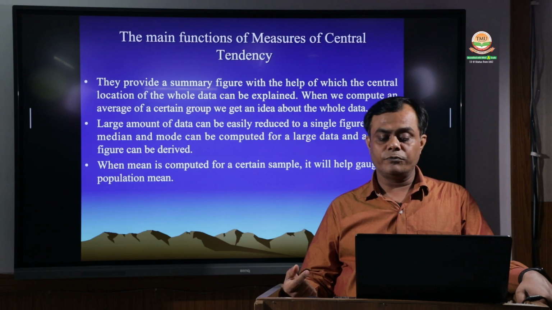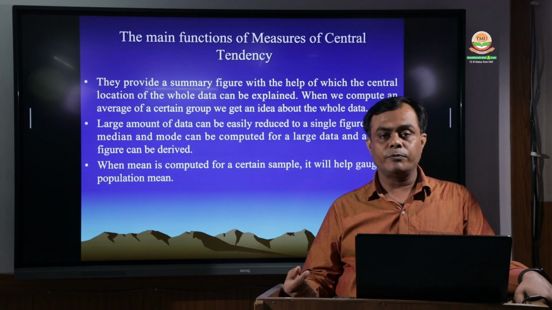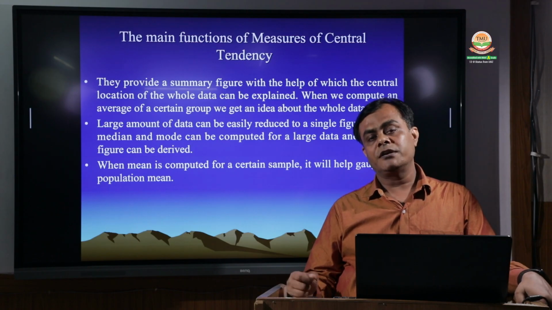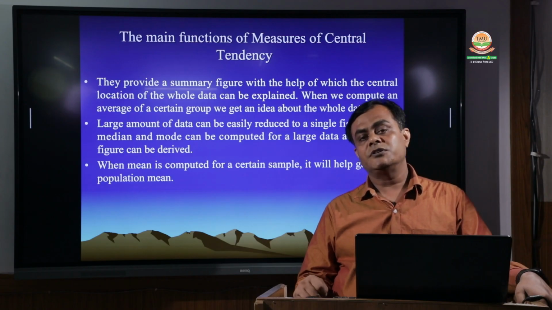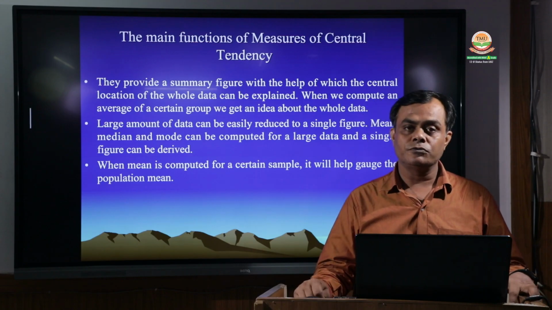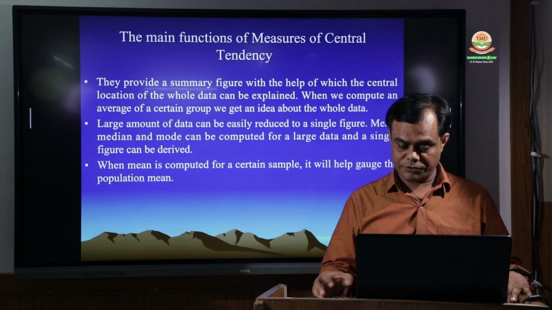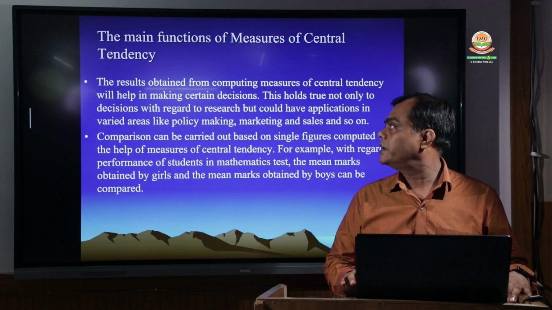When the mean is computed for a certain sample, it will help to guess the population mean. So if you get the mean of a certain figure, it helps you get the mean of the population. So next slide is